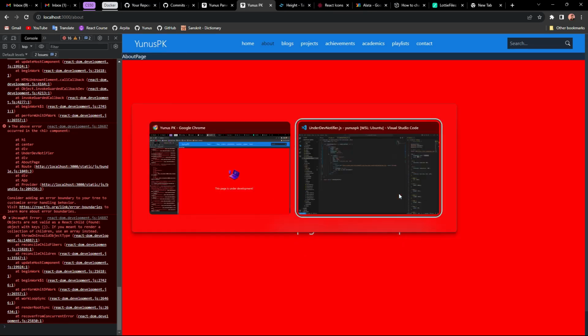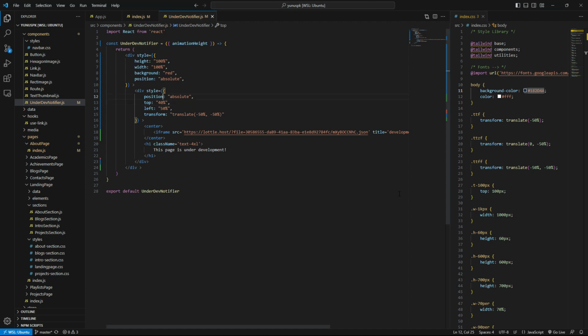All right, now we're gonna refactor the styles with class names using Tailwind CSS. First of all, height gonna be h dash full, then width gonna be w dash full, background gonna be bg red 400 for now, and then position gonna be absolute.